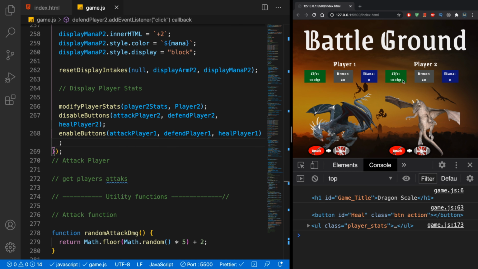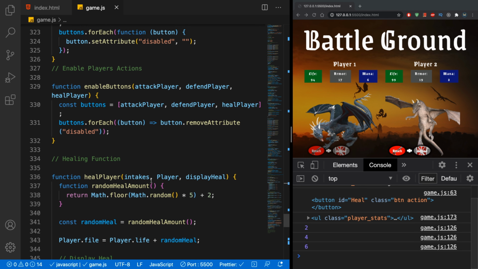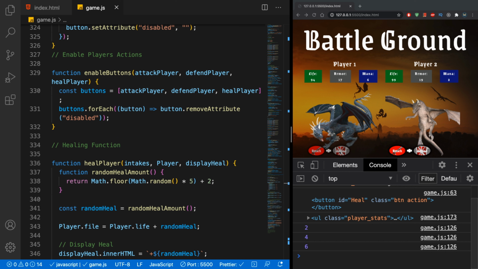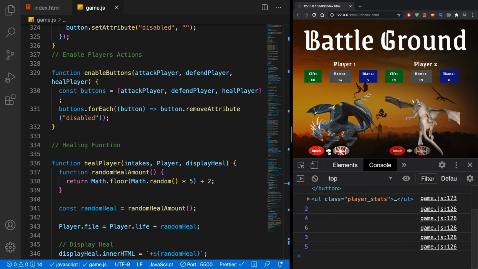So let's check this out. Attack is working. Defense, defend, attack, defend, attack. Now let's click on heal, and yay, there's our heal. Okay, now let's see what else do we have to do. I think I'm still missing something. And attack again, defend, attack, defend, attack. Okay, now I'm going to press on the heal button,